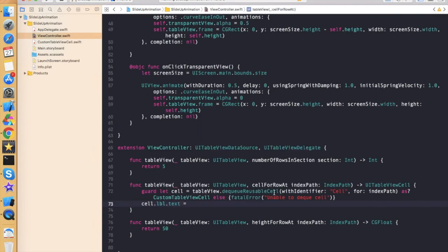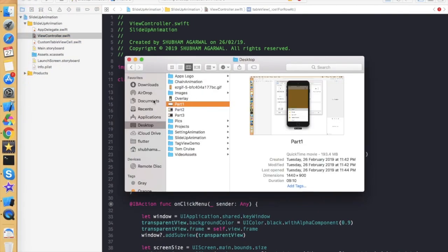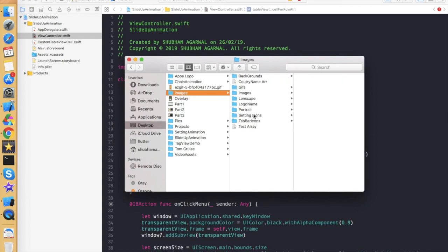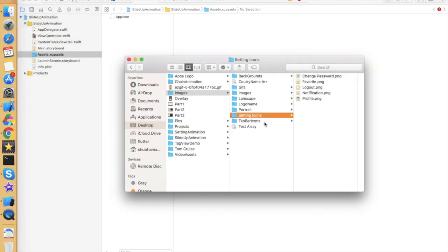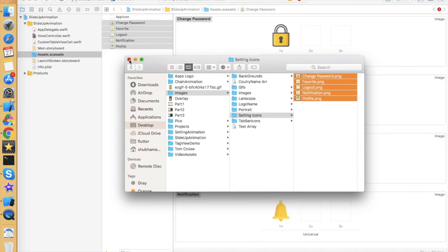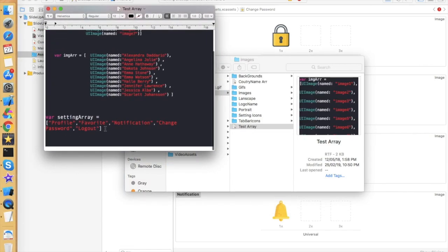For providing text in this label we first need some array, and for the images in that listing we also need images. I've already created that array, and I already have the images in my system. So just moving to the desktop, images, and in this I have the setting icons. Let's move to the assets, and over here we can check this. And for the array I have this file in which I've already written all the things